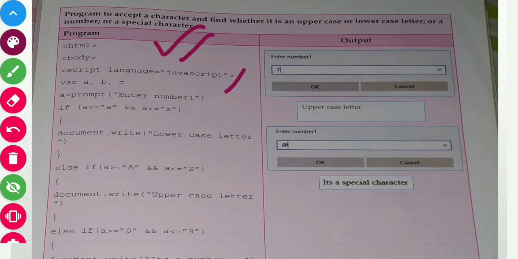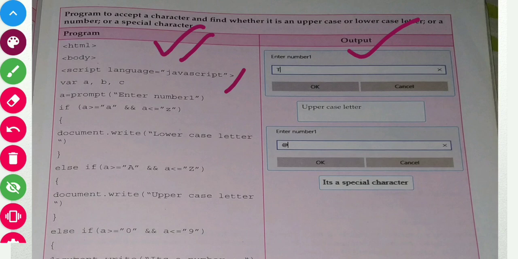We'll first ask a user to enter a number 1, so we'll write a is equal to prompt, enter number 1. As you can see simultaneously in the output, enter number 1 will come out, and we'll ask a user to enter any one number. A number can be any letter.